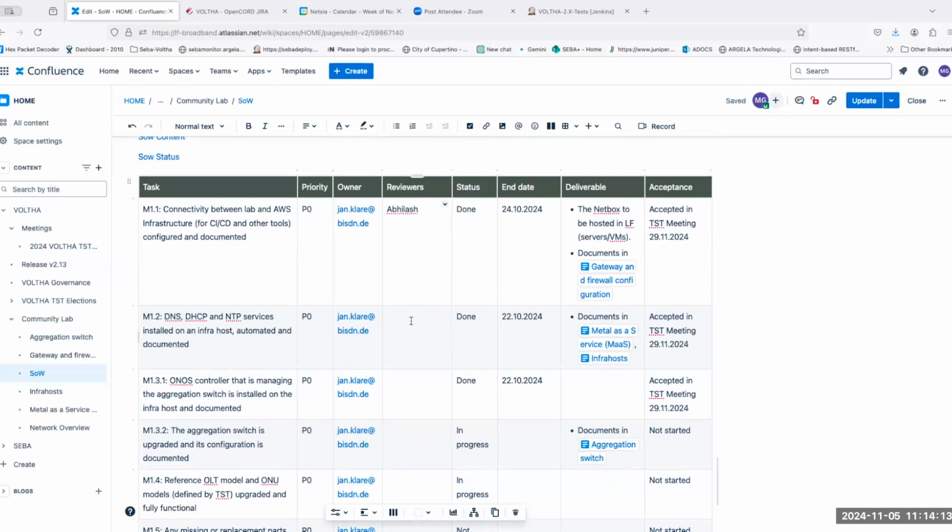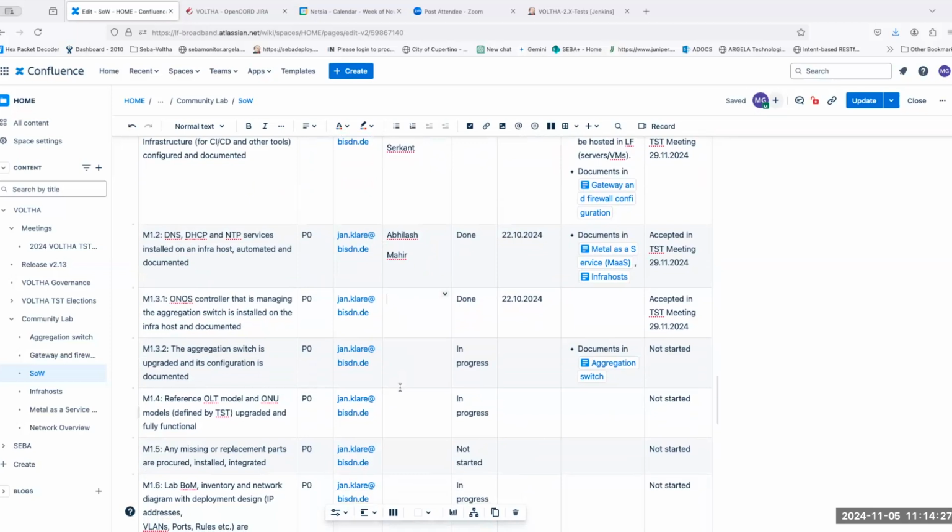You can also add me, Mahir. This is icons. Or the second one, I'm adding myself. Anyone for... I maybe volunteer for 1.4, for example, just OLT related items, maybe.